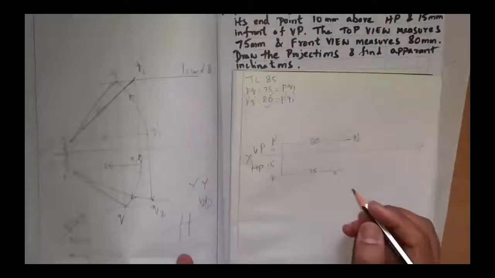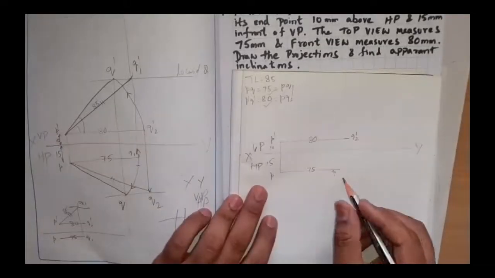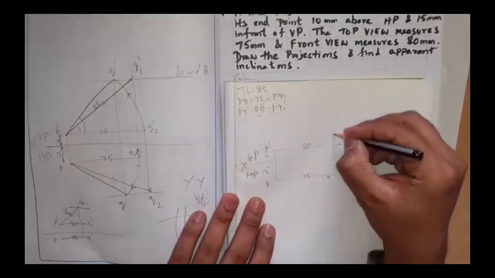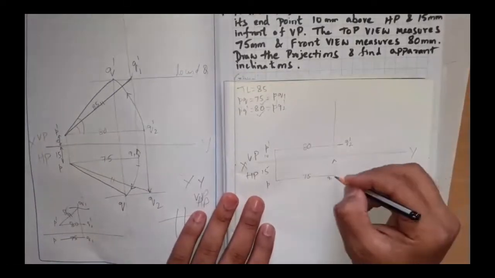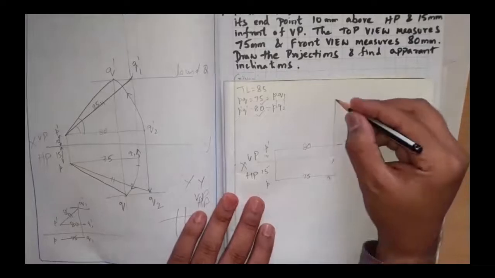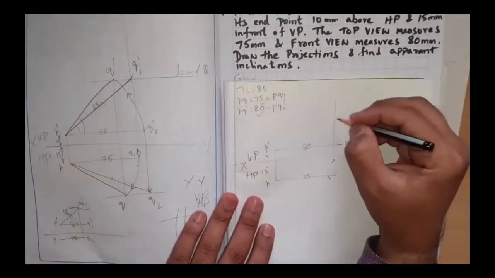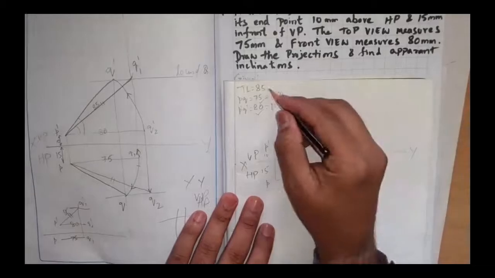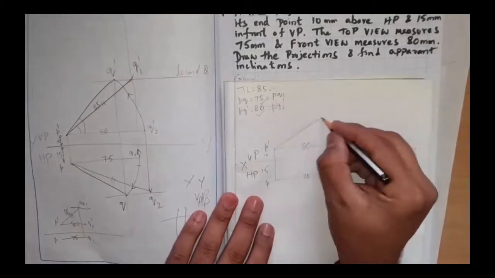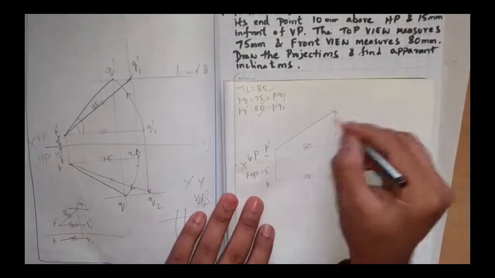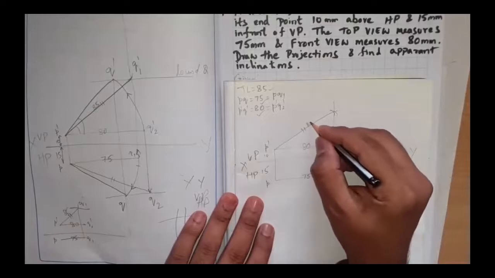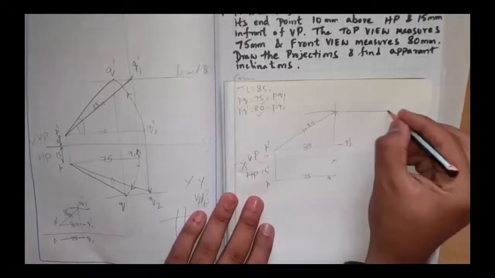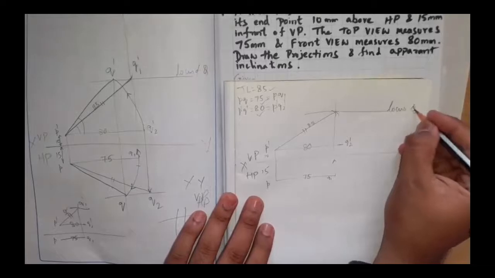So same thing I'm going to do. PQ1, I'm going to project it towards the vertical plane, the opposite plane of projection. I'm going to draw somewhere here, because somewhere on this line I'll get the true length. So what is the true length? 85 mm. I'll take 85 mm and mark it on this line, cut an arc and draw this line for 85. Where I got the locus, I had to find out this locus of Q.